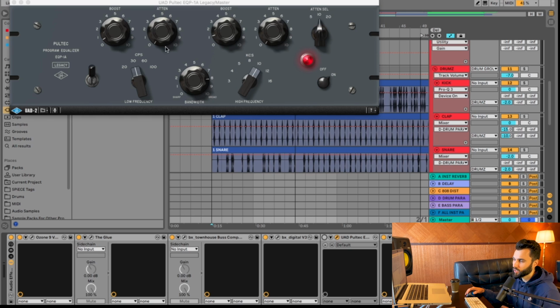And the crazy thing was with this plugin, you can literally just put it on and not do anything, not boost or attenuate anything. And I find that it automatically just saturates and colors the sound. And that's also why I like this plugin a lot, because it'll do a lot with very little, without doing anything at all, really. So let's check this out in context. I'm going to play this and put it in halfway through. Check this out.